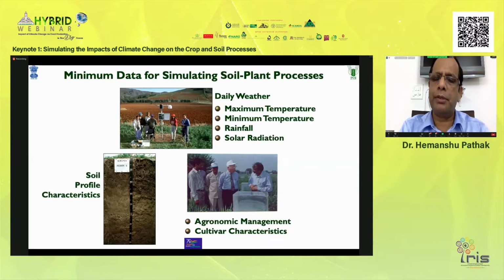But some of the minimum data which are required for running any crop simulation model include daily weather data like maximum temperature, minimum temperature, rainfall, and solar radiation, soil profile data, soil organic carbon, and so on. Then, of course, agronomic management and cultivar characteristics. So weather, soil, and management and cultivar, these four are the minimum data which we say are required to run any crop simulation models. Without all of these things, probably you will not be able to calculate the actual yield